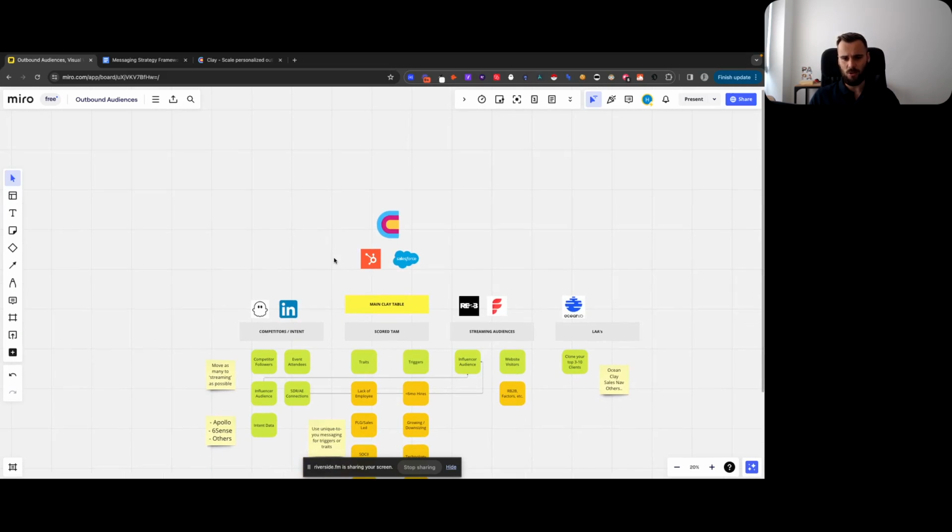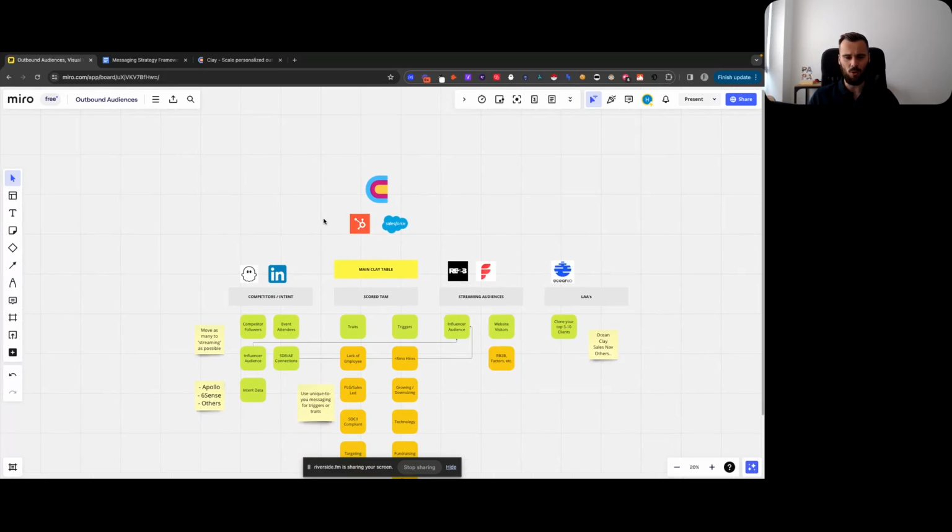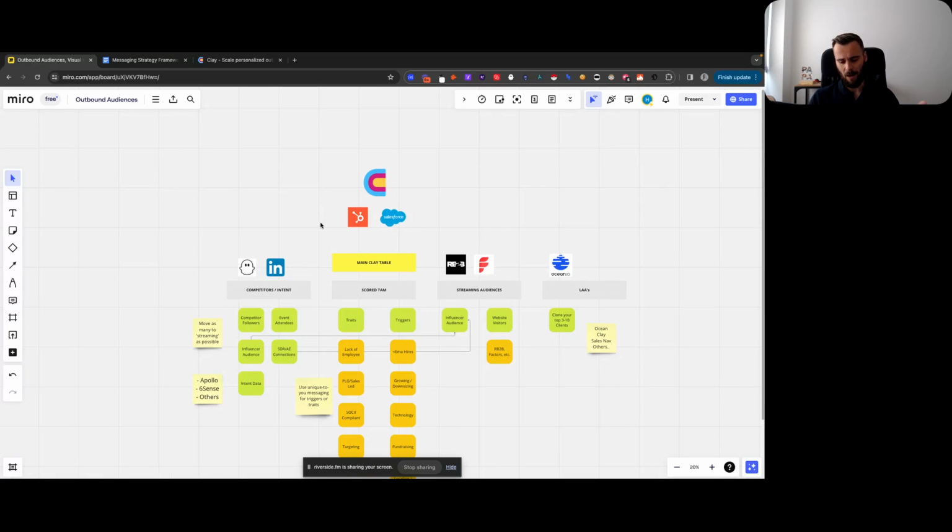And then one thing that you probably already have, but you definitely do want to have, is a single source of truth. That could be your CRM, or it could be something as simple as a Google Sheet, or even just a do not contact list in your sequencer, your automation tool. That is where you want to at least have a single source of truth, making sure that you're not hitting the same account or the same person